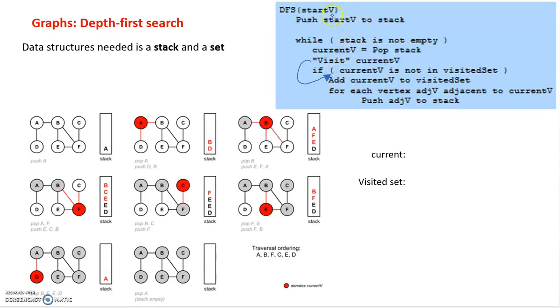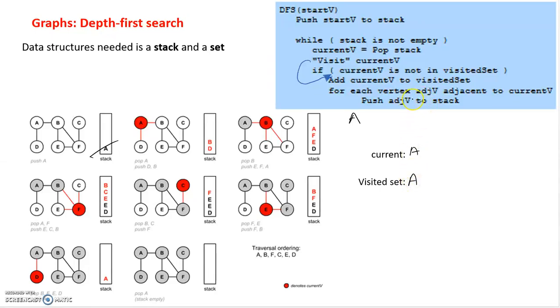The starting vertex is A. So the algorithm places that starting vertex into the stack. It's right there. A is inside the stack and goes through this while loop. If the stack is not empty, which it is not, it will pop it, and A is popped and placed inside current vertex, current V. There's A. And if this current A is not in the visited set, which it is not, you are going to visit it, and by visiting we'll just print it, and then add it to the visited set,